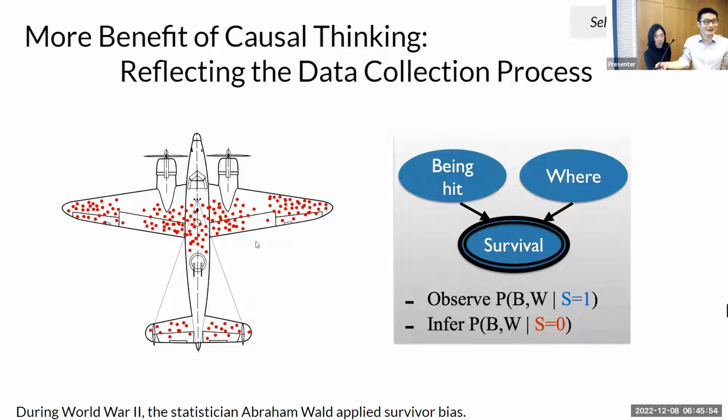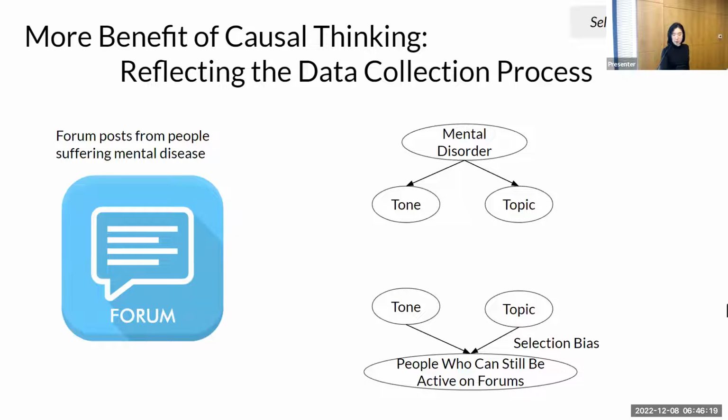That's another causal story. But now the problem is, which causal story is more plausible? Clearly, this would be more plausible. So there's some randomness in where it gets damaged, and then given this causal picture, we can infer what happened to those aircraft that failed to come back, and then you can make a difference. Great, wonderful. This is a motivating example about how we could potentially look at NLP data.